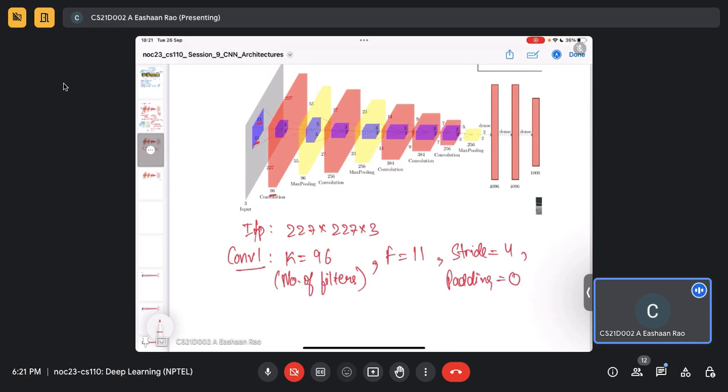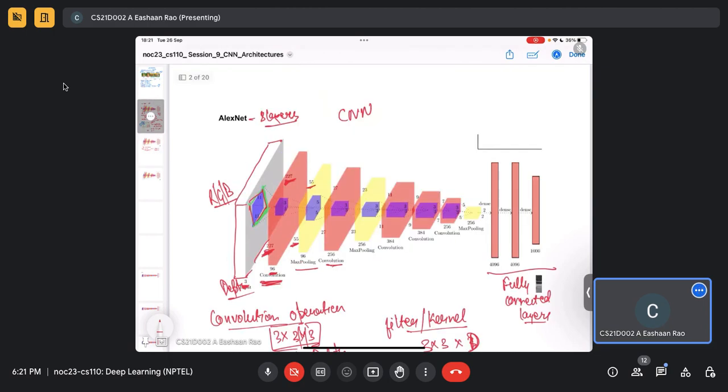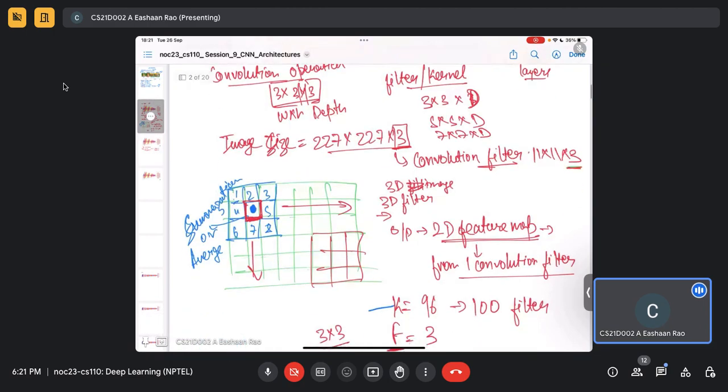So what does stride mean? Let's say I have a stride of 2. I am calculating this pixel, the red highlighted one. If I use stride equal to 2, I will skip this part and this part, which I am highlighting as a box right now. This part I will skip, and I will then again calculate for